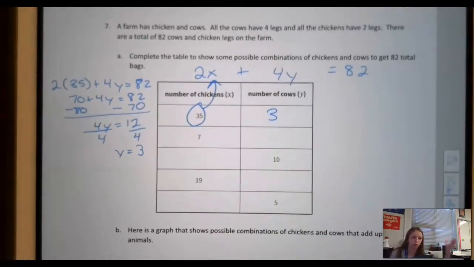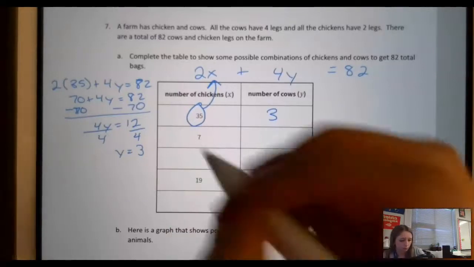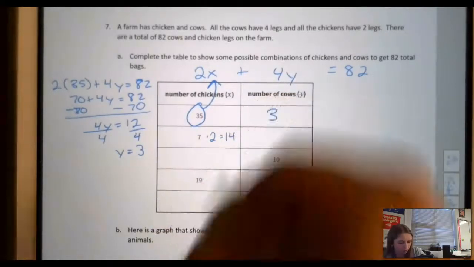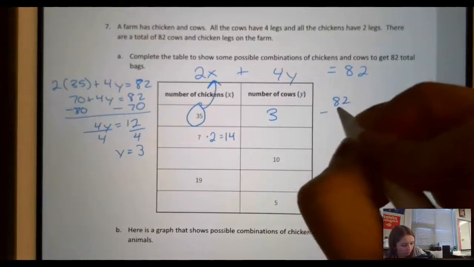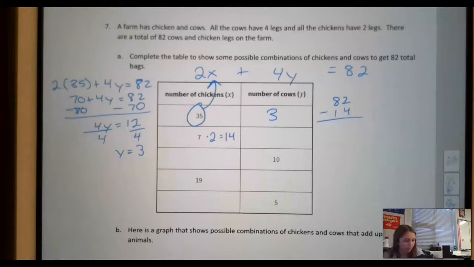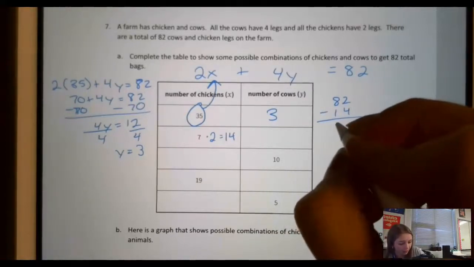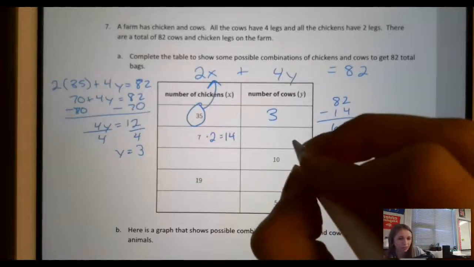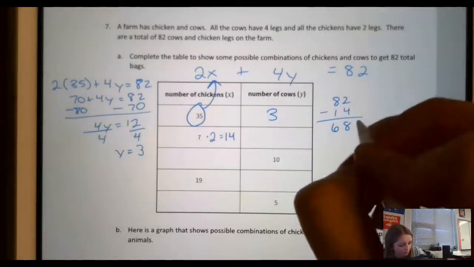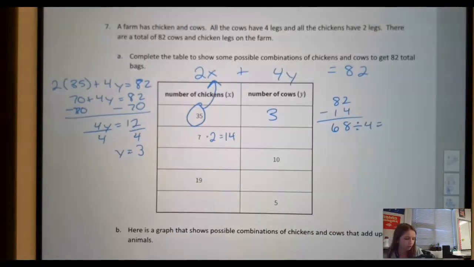Or you can just kind of work through it without actually setting up an equation. So we have 7 chickens. Well, that means we have 14 chicken legs. Alright, well, if we know we have a total of 82 legs and we take away the 14 that we have from the chickens, that means we then have 68 cow legs. Fun. Alright, so now we don't want to know how many cow legs there are, we want to know how many cows there are. So we're going to divide this by the amount of cow legs each cow has. So then we end up with 17. So we did the exact same thing